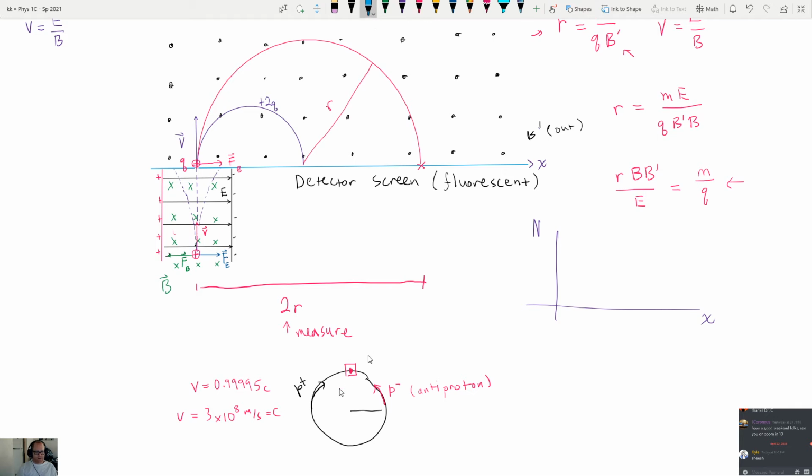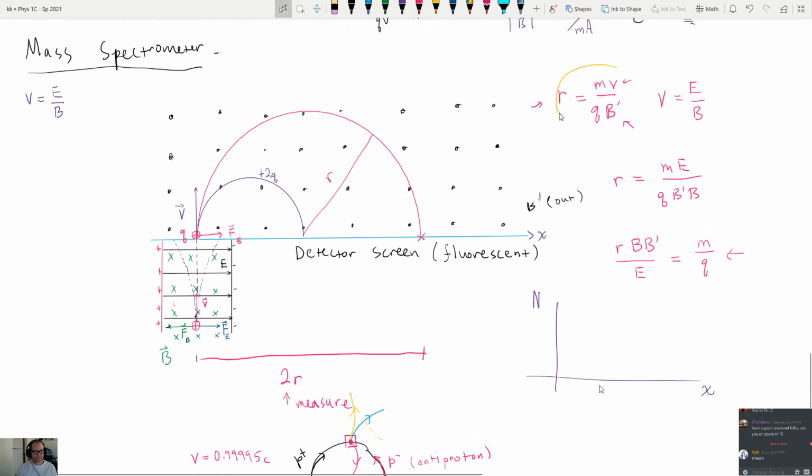The way it ends up happening is that particles basically spew out of here. And because they're in a magnetic field, some of them will curve to the right, and some of them will curve to the left. The positive particles will curve to the right. The negative particles will curve to the left. Then we measure the curvature of the track, because the curvature is related to this equation. And if we know B prime,